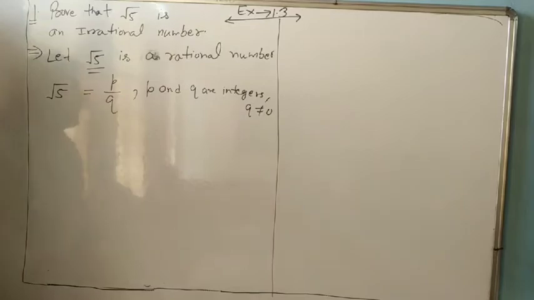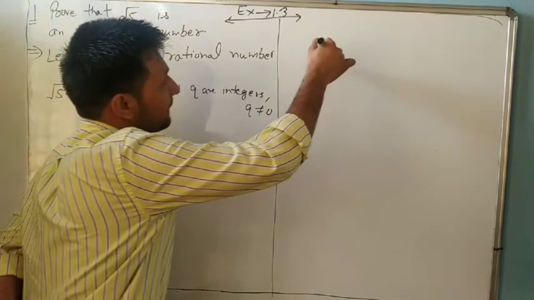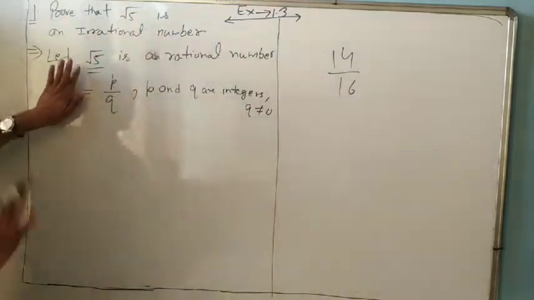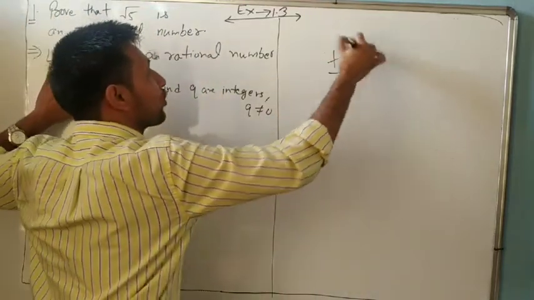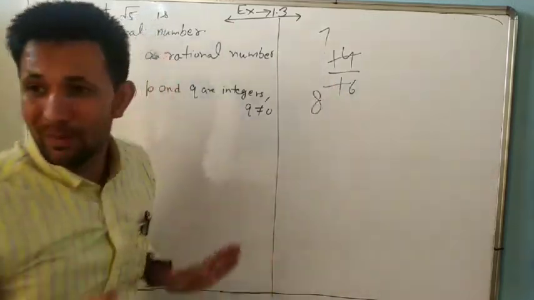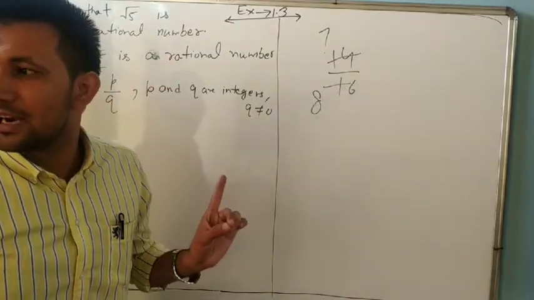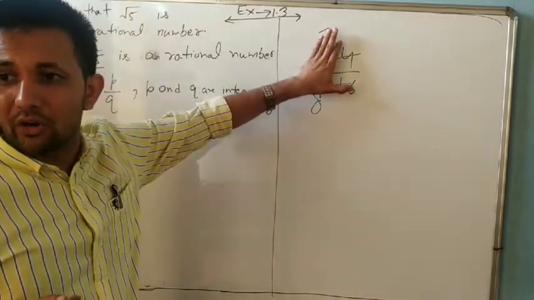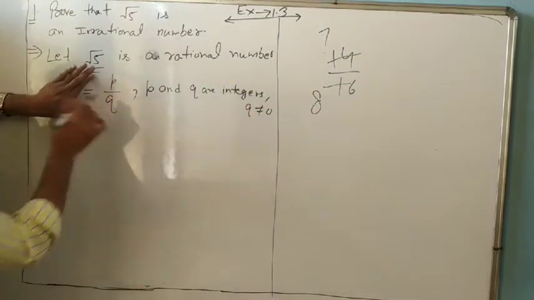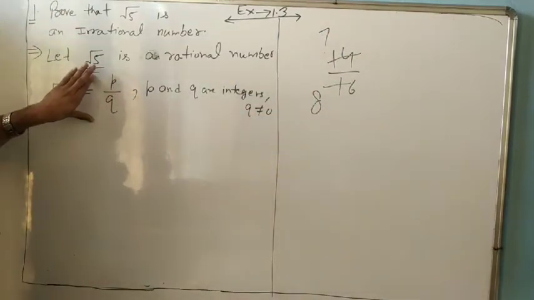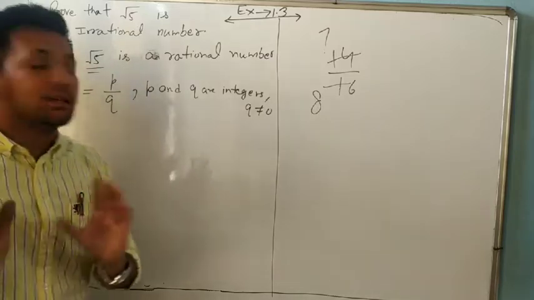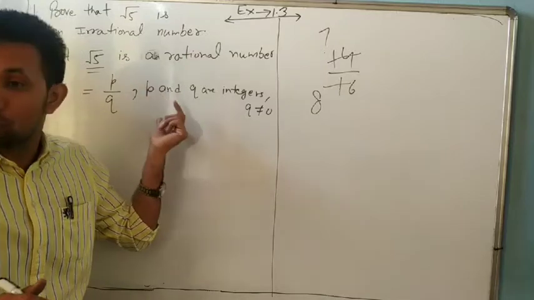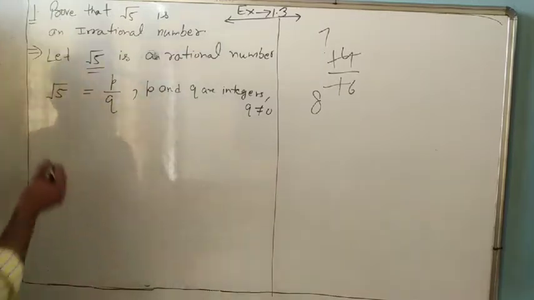Look at the board. And everyone knows, suppose any rational number, suppose 14 by 16, there is some common factor, or not? Understand or not? And if there is some common factor, we can cut the common factor. But here there are numbers P and Q. What are P and Q? Integers. Maybe they have some common factor, or not. So what will we do?